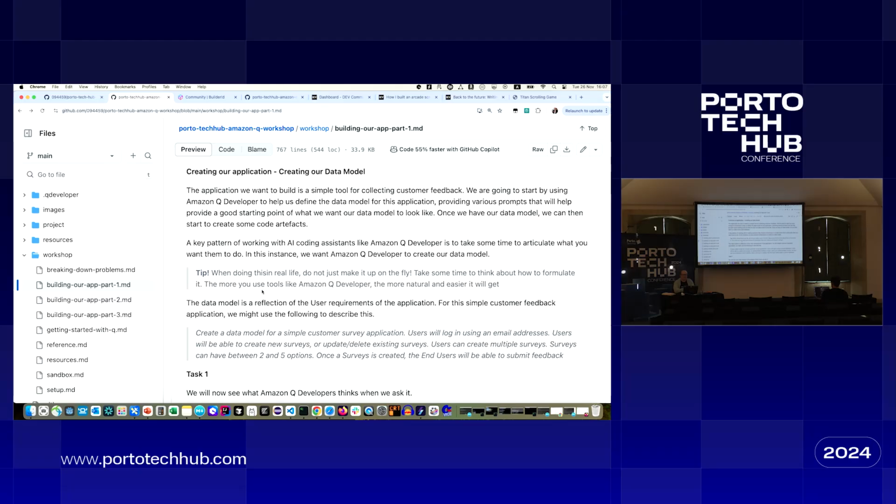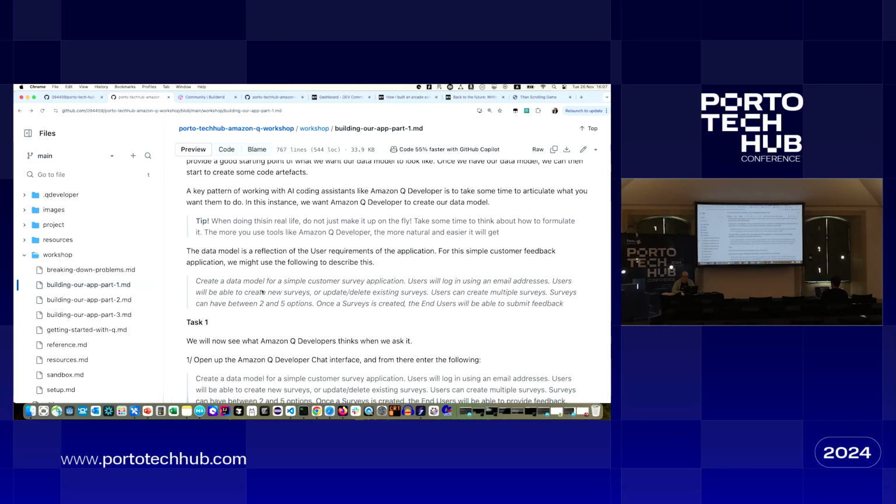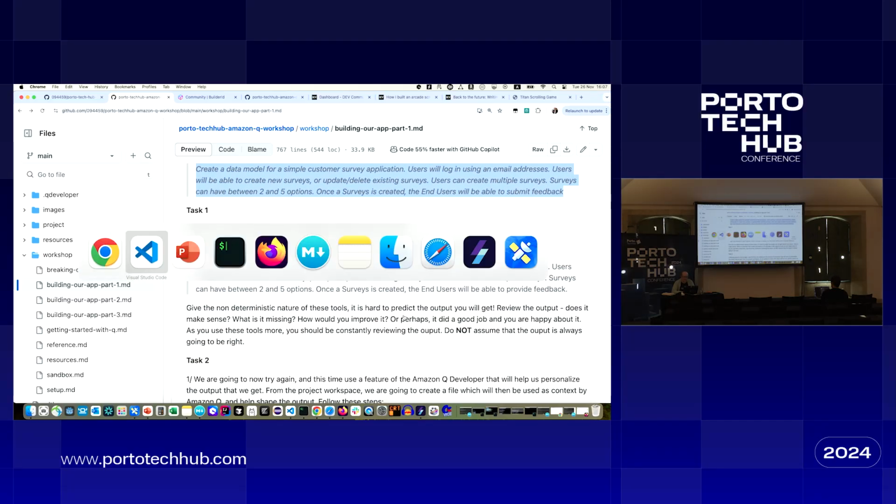Now, when we're doing real development, we typically will start with the data model first. We tend to create applications unless we're taking on an application that already exists. And I mentioned we're going to create a customer survey application, and we're going to use Q to help us define the application model. This is an example of how we might describe the data model for a customer survey application. So if we open up the chat interface,